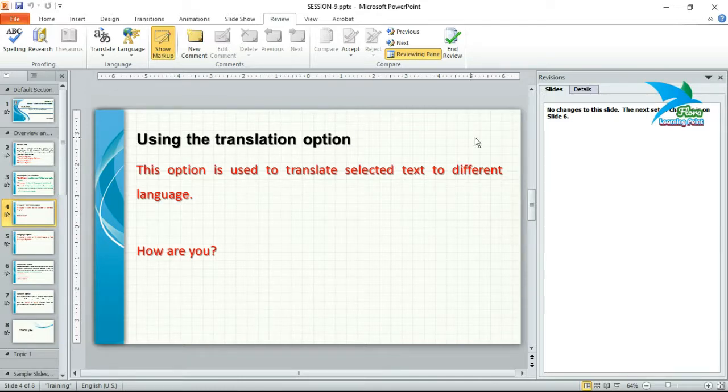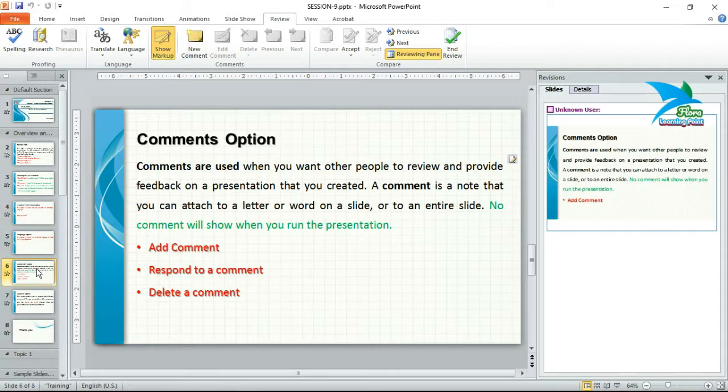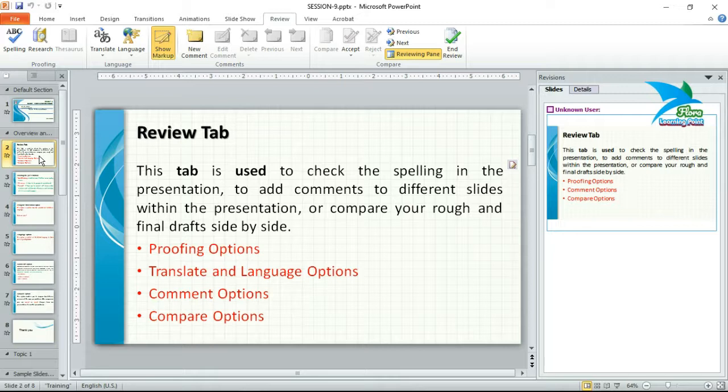If there is not any change, if the slide is having the same contents in both of the versions, then you can see the message "no change to this slide," which means the contents are the same. Whenever there is a difference between two same slides of two different presentations, it will show you these options.